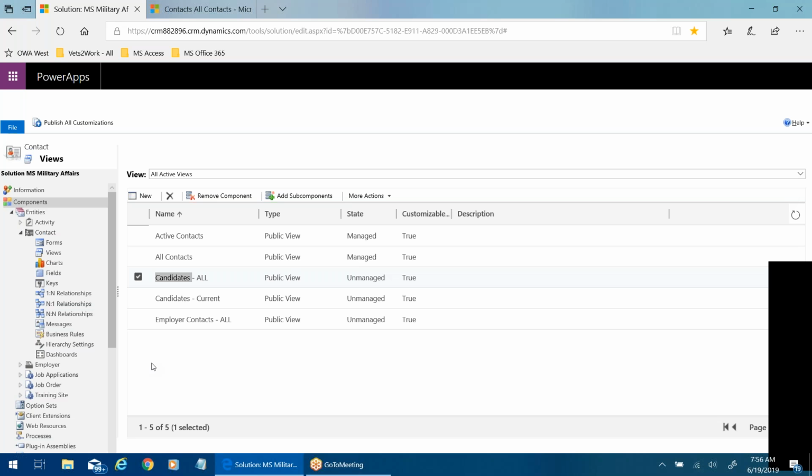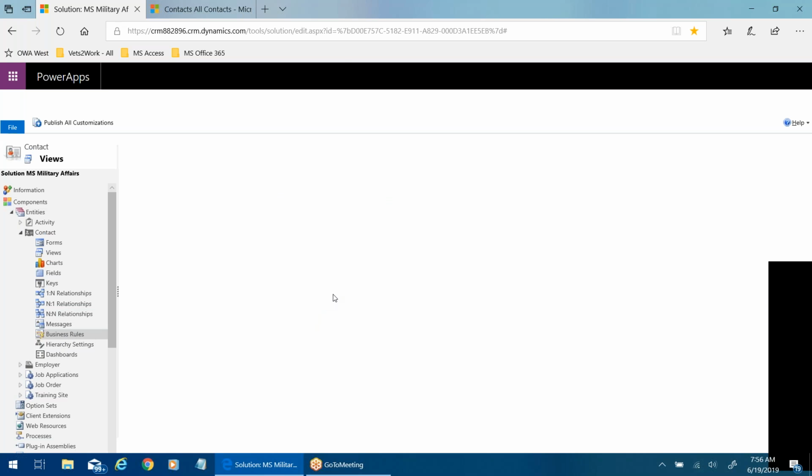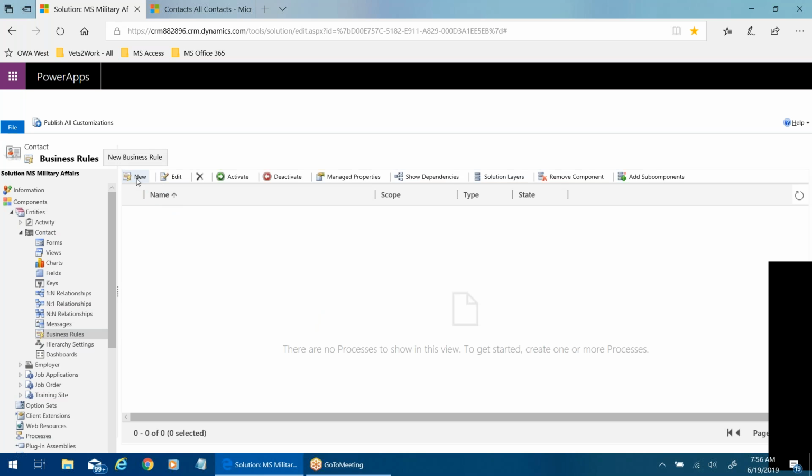Well, I do know, and John Cassar is not on the call, so I can mention Salesforce, but Salesforce has something called record types. Without record types, I don't know how we'd be able to build what we have built. So there's got to be a way in Microsoft to declare what kind of a contact type it is. And you can always change the contact type, right? But when you do, it's going to show you the appropriate form, because for an employer, you don't need all the information you need for a candidate.